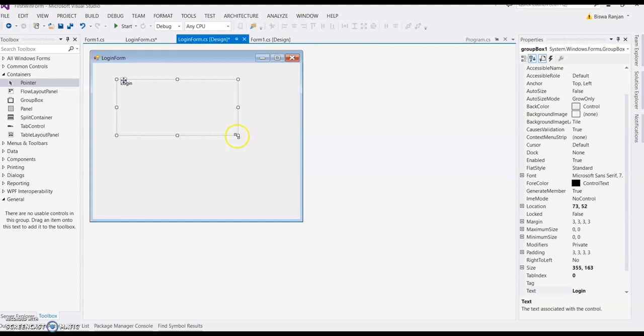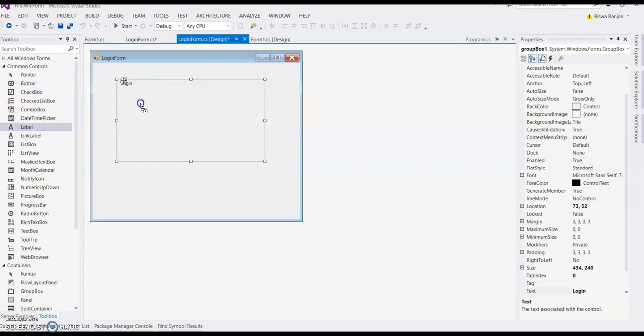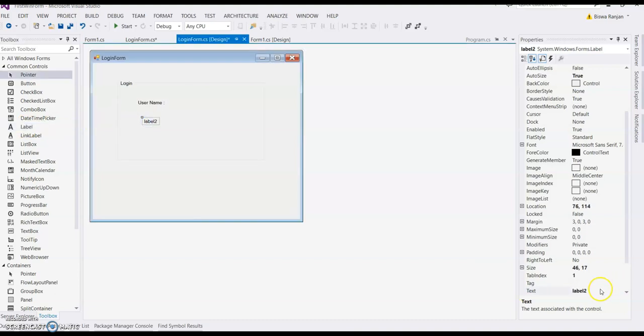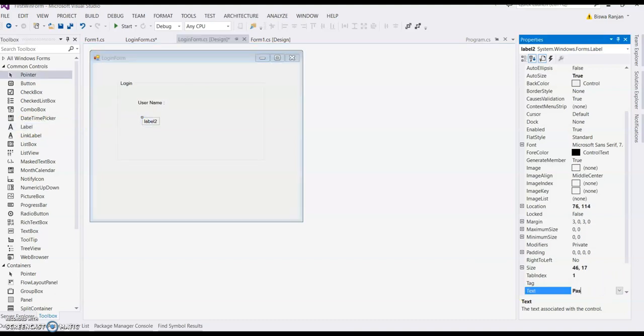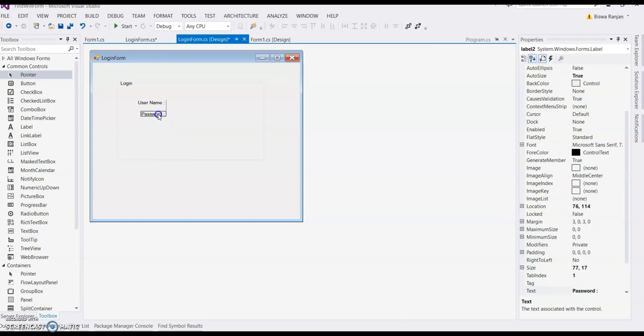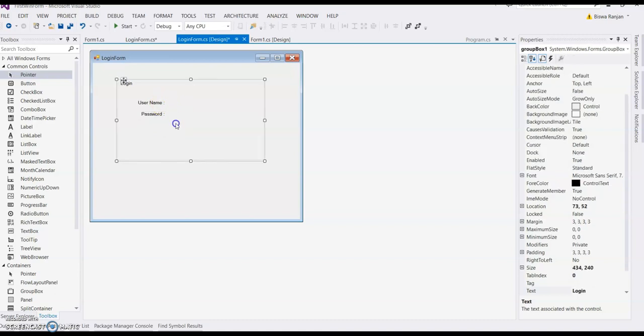Whatever control I keep inside the group box, let's say I am keeping one more label inside the group box, username, password. So if I drag this, automatically it will align. You can see the line coming.